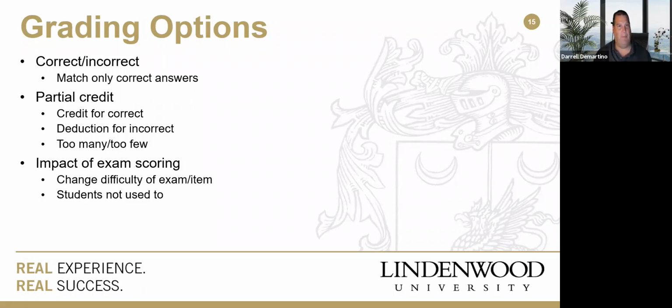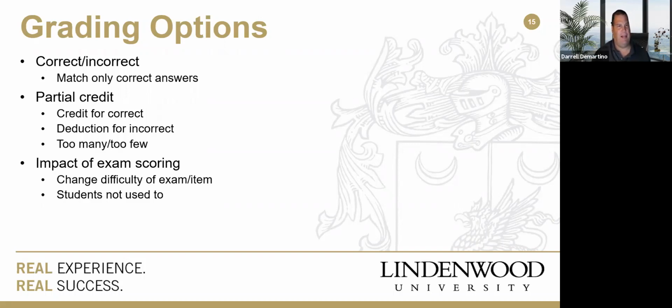There's also what they call a partial credit model, or grading, where you can give credit for all the correct answers. You might deduct points for incorrect answers. Because somebody might just check every checkbox and go, well, if I throw enough darts at the dartboard, one of them's got to hit. So you can do that. I think the SAT, when I was in high school, did that. There was a strategy behind the test: if I didn't know the answer, I didn't choose to answer it, because if I did choose it, I might lose points for getting incorrect answers. And